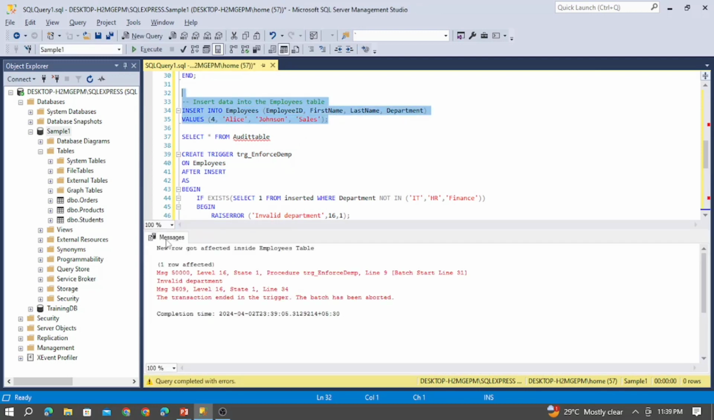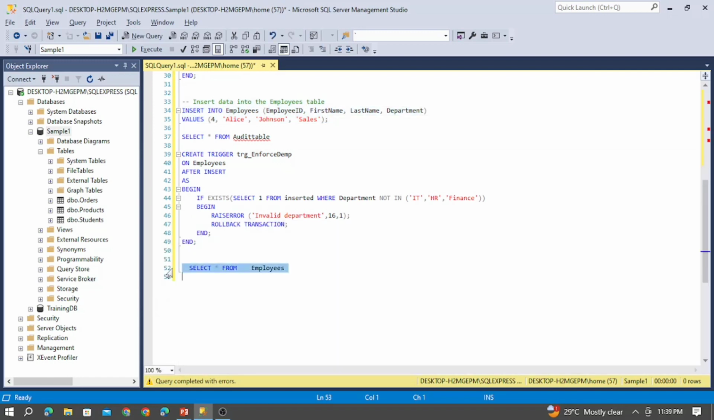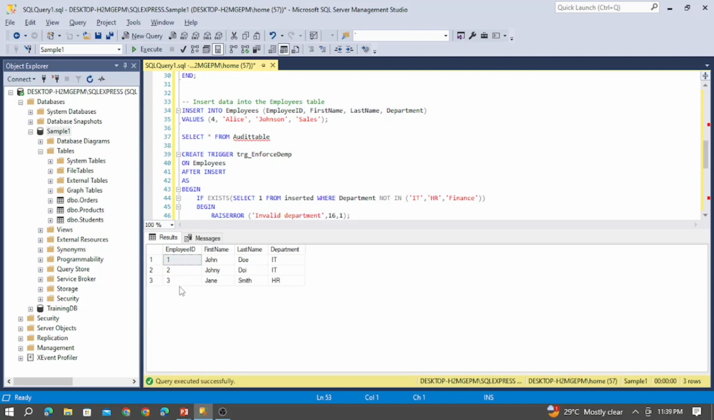When I execute this statement, I automatically got an error that describes the invalid department ID through the trigger enforce department. So the transaction ended in the trigger, and the batch has been aborted. This describes that the value being inserted into the table has been rolled back. When I select this table again, there are only 3 rows, so I can enforce the data integrity through this trigger action. So if I change this sales to finance,